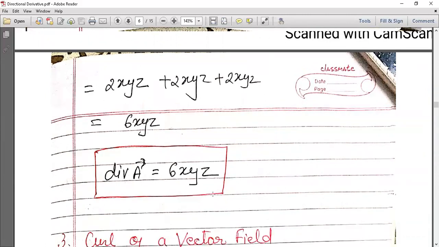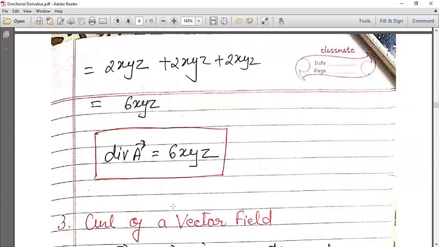Again, a scalar quantity. Now if someone asks you to find the divergence of A at a particular point, you can find it by using the point, x is 1, y is 1, z is 1, or any other combination or any other point, and just calculate the divergence.